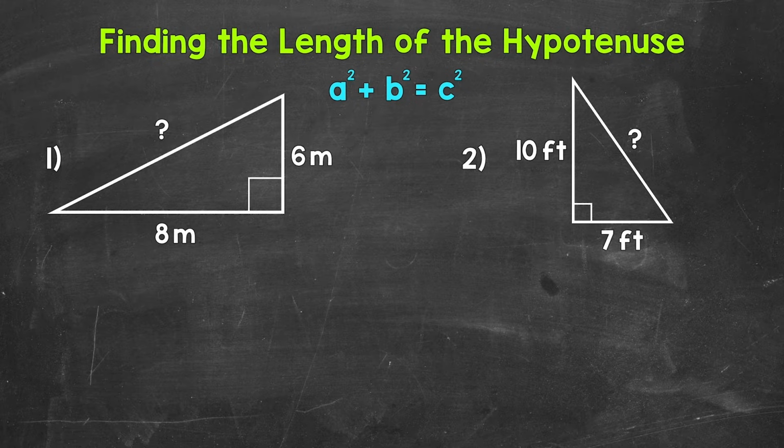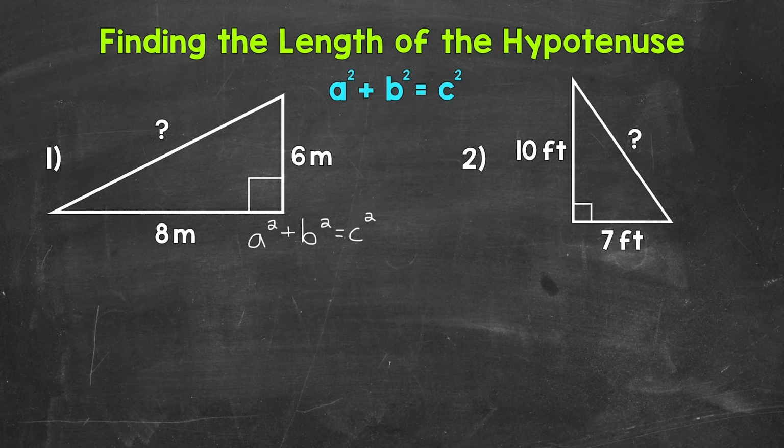Let's jump into our examples, starting with number 1, where we have a right triangle and we are given the lengths of the legs. The hypotenuse is unknown. Remember, the hypotenuse is the longest side of a right triangle and the side across from, or opposite of, the right angle. So let's use a squared plus b squared equals c squared in order to find the length of